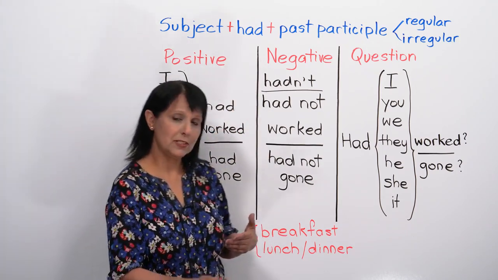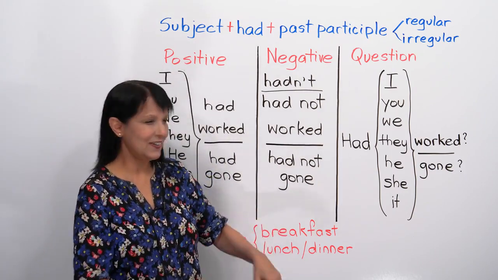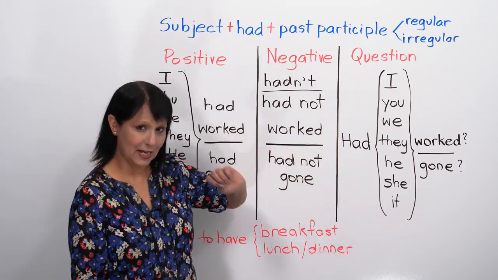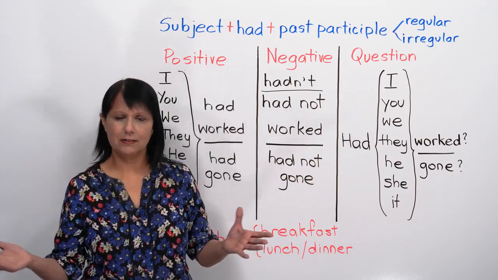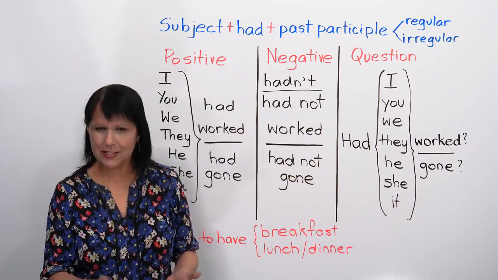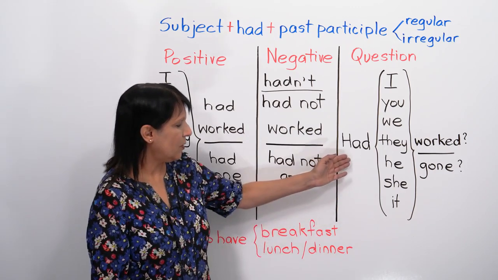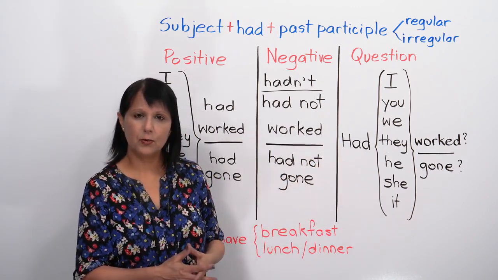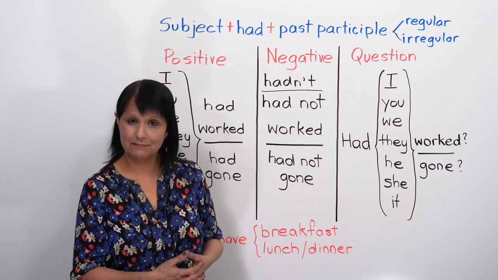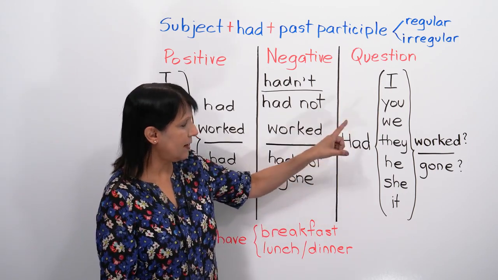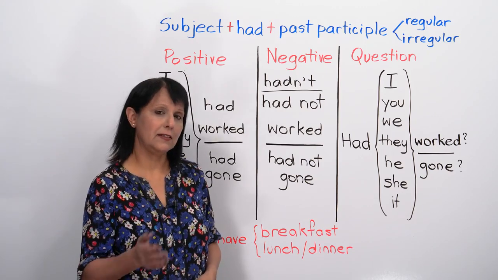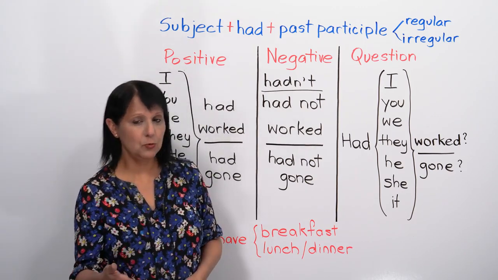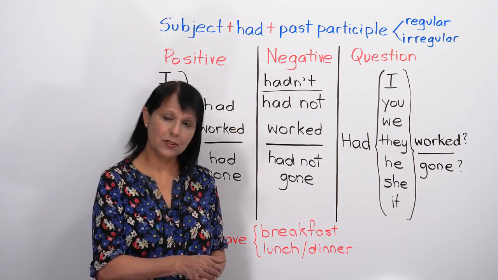Now let's look at the questions. As we know, when it's a question, we have to change the order. So now we start with had. Had you worked for 8 hours yesterday when I called you? Okay, something like that. All right. Or had they gone home already when you arrived? Okay. So had I worked, had you worked, had we worked, had they worked, had he worked, had she worked,